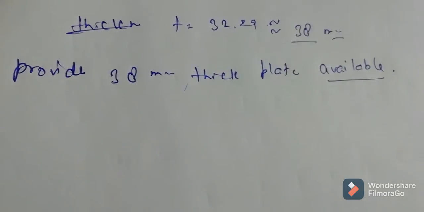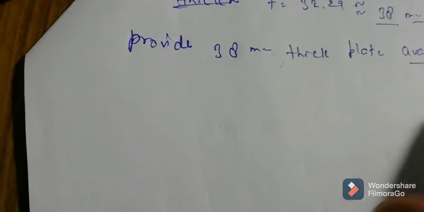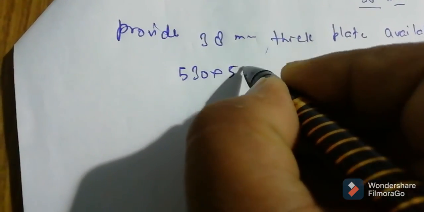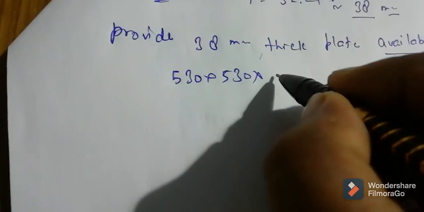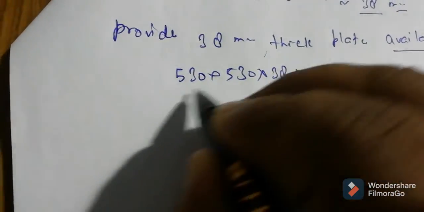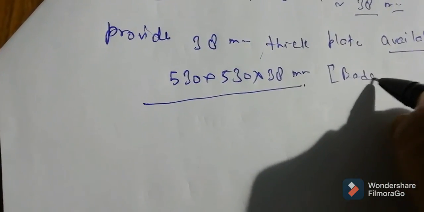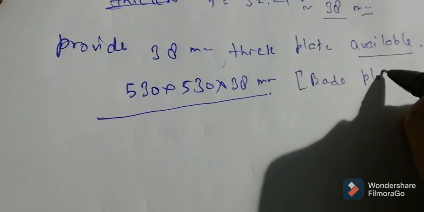Okay, so now the base plate is 530 into 530 into how much? That is 38 mm. This is the base plate. Okay, so now here